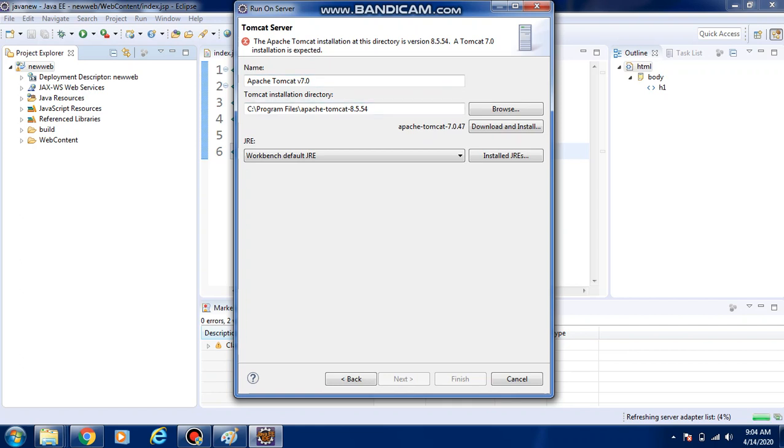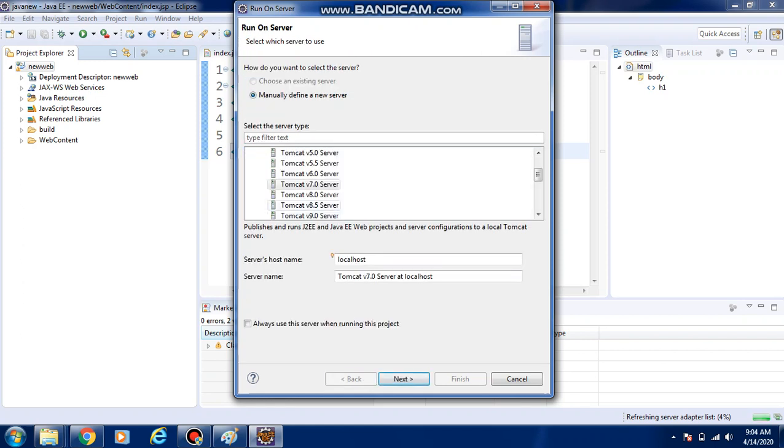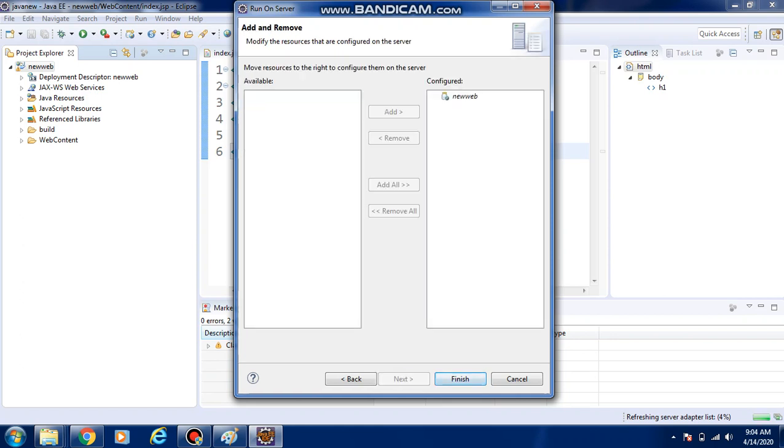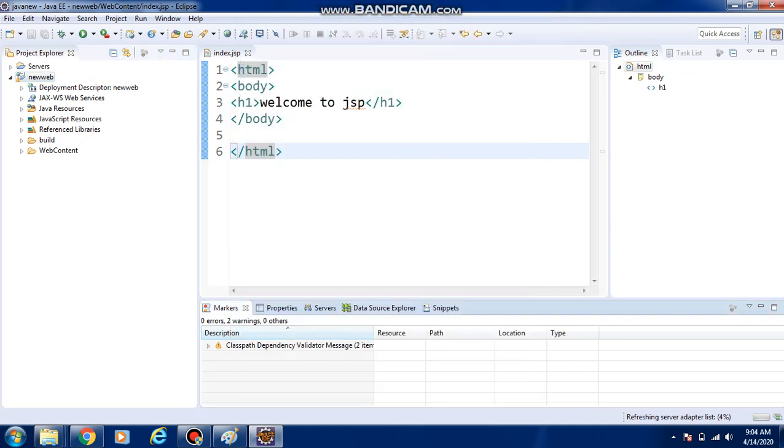You selected the 7th version, but in your system we are using 8.5. So the version I selected here and the version I browsed to should match. If anything is wrong, it will not proceed. Now give next and give finish.